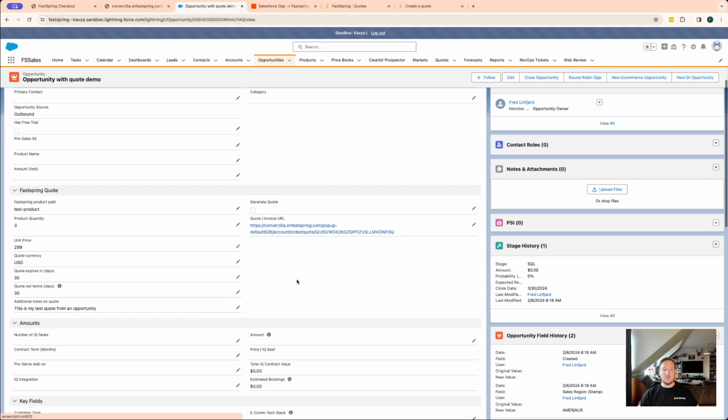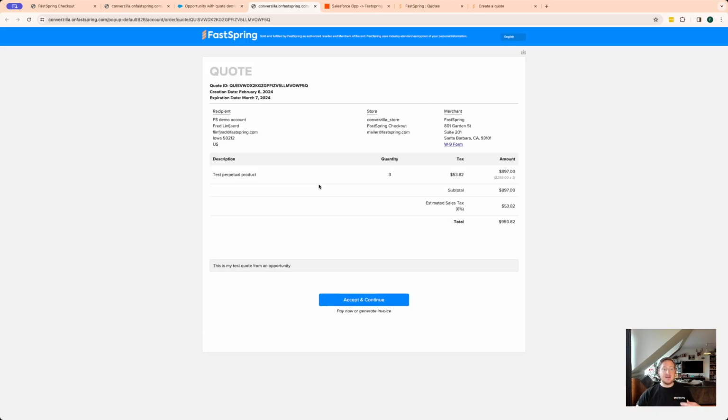All right, here we can see that the flow ran successfully and we have the invoice or quote URL here, which a salesperson can click on and send by email to a customer, or maybe you want to send it in an email